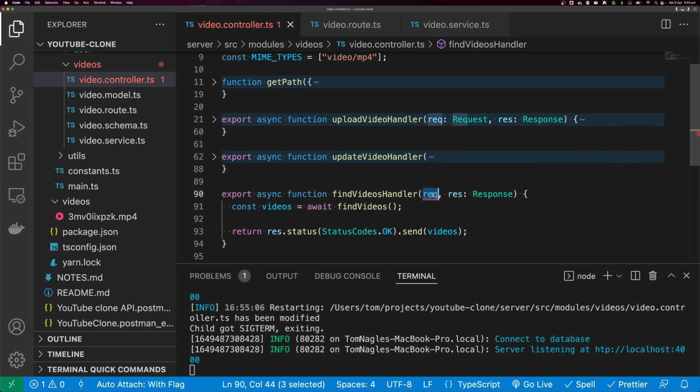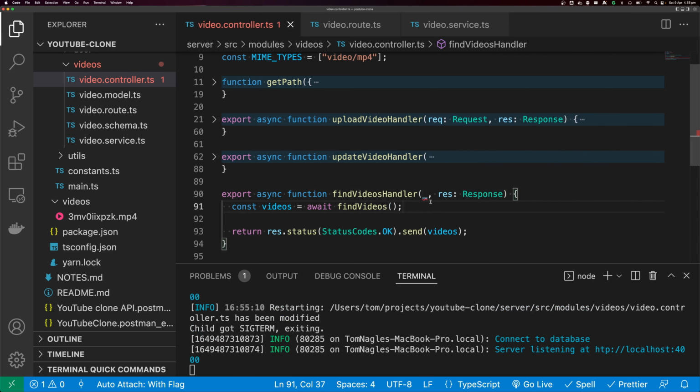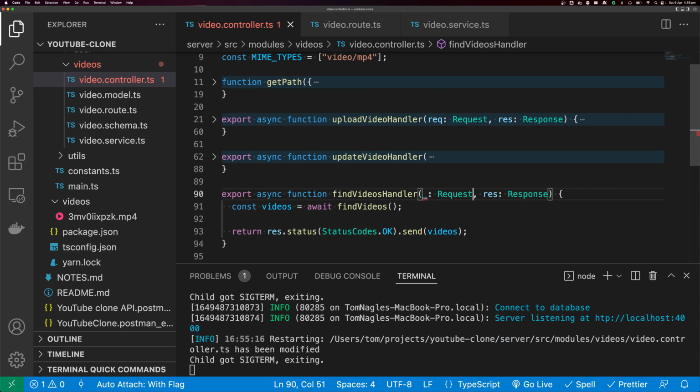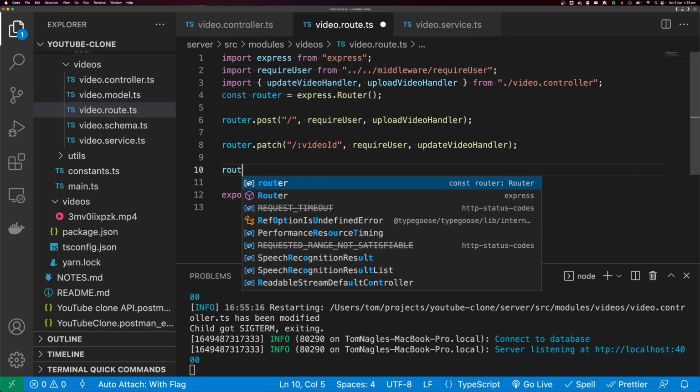Because we don't use request here, you can just replace it with an underscore. And that denotes that there's a parameter here and we don't need that parameter. And then you can just say it's a Request. Create an endpoint for this. So I'm going to say router.get